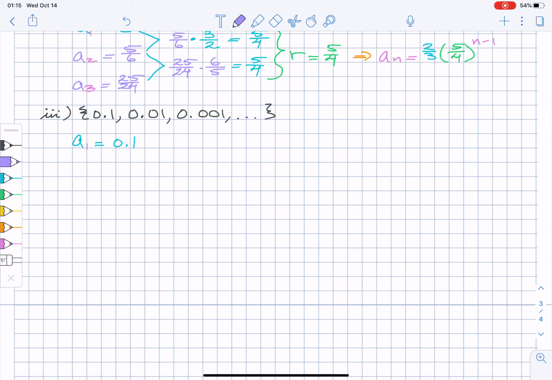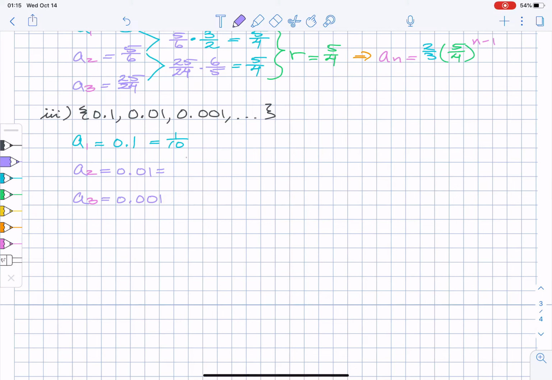We have that A sub 2 is 0.01. We have that A sub 3 is 0.001. But before we start our common ratio, this is 1/10, with 1 zero, because there's 1 zero preceding the